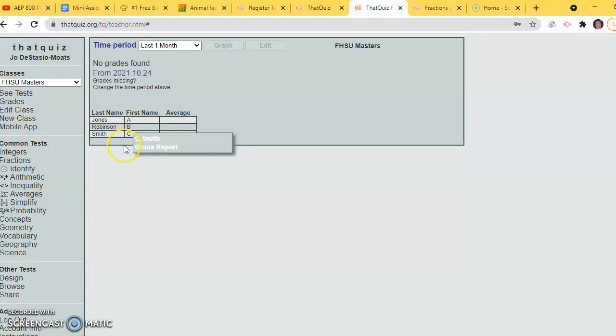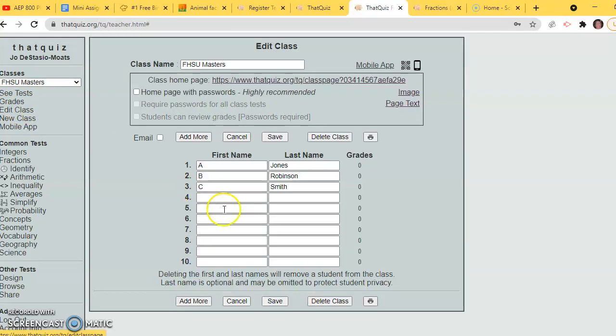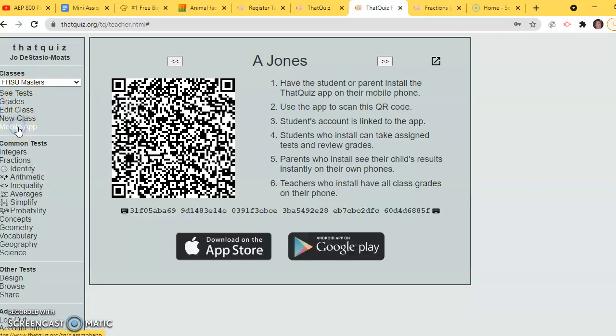These are my fake class. It'll give you an average. You can edit the class, so if you need to go back in because somebody has left. There is a mobile app that you can use for parents, and I do believe that this can be very